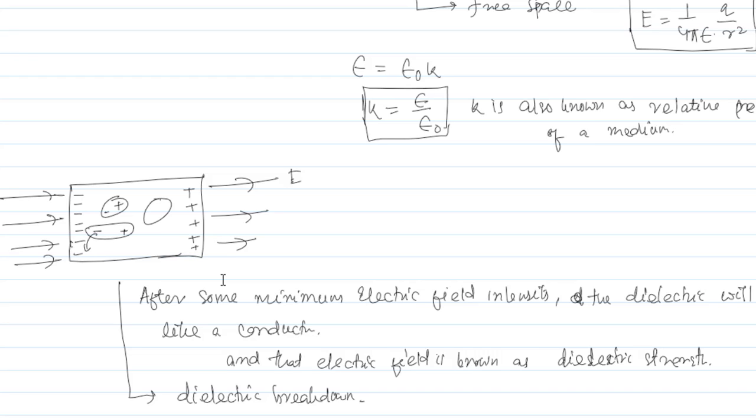So after that dielectric strength, all the dielectrics will behave like conductors. But for different dielectrics, the dielectric strength is different. So if you are using plastic or paper as an insulator at 220 volt potential, it will work, but if you are going to higher potential, plastic and paper will not behave like insulators. They will behave like